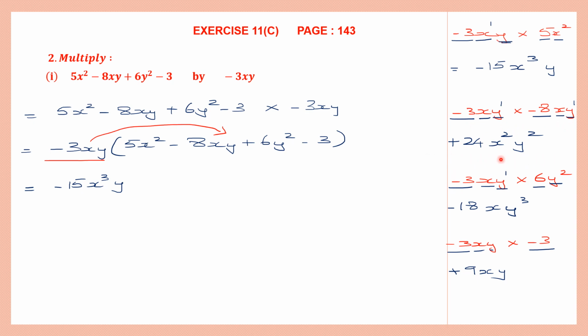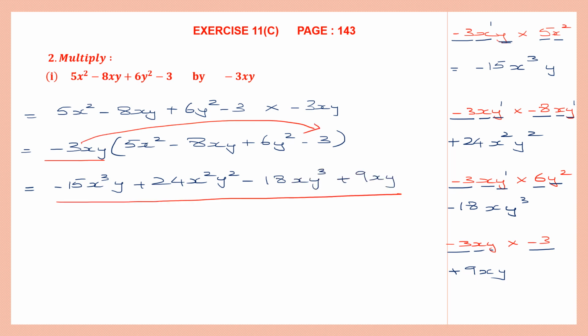That is plus 24x square y square. Now we multiply minus 3xy into the third term, that is 6y square, and we have done it here. And we've got the answer as minus 18xy cubed. So here we have a final answer which is the same as the answer that we got